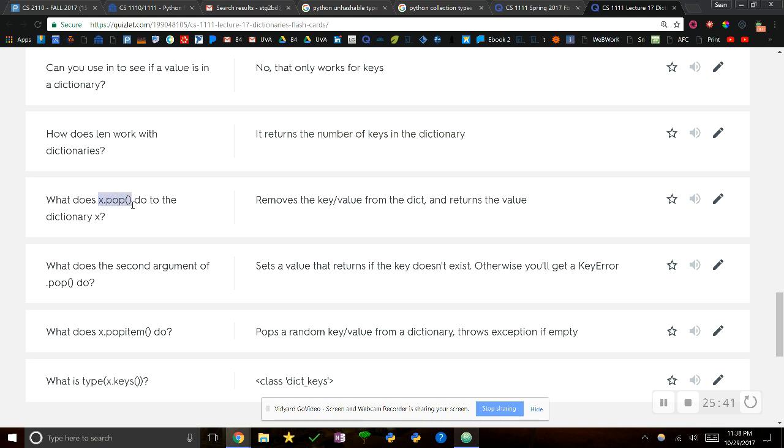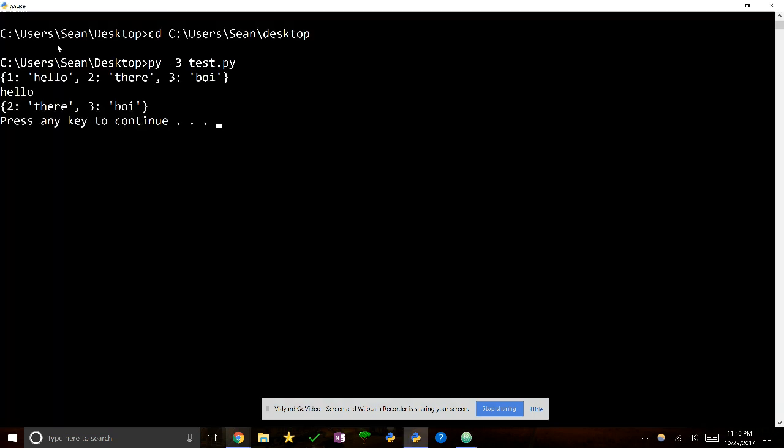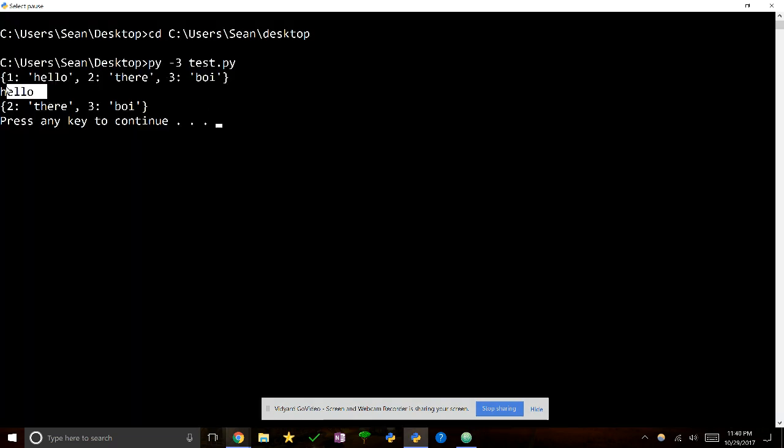And then dictionary.pop takes a value from the dictionary and actually deletes it from the dictionary, but it returns it too. So I'll show you that. We have a dictionary here where 1 is hello, 2 is there, 3 is boy. If we print that out, we're going to get hello there boy, right? And then if we pop 1, what is 1 going to be? Is it going to be index 0, 1? No, it's going to be the key 1, right? So it's going to print out hello, because that's what it gets from pop. But also it's going to delete it from the dictionary. So then we should just see there boy after that. So we have the original dictionary there, and then we pop 1. We take the value hello and return it to the print statement, and then we delete it from that